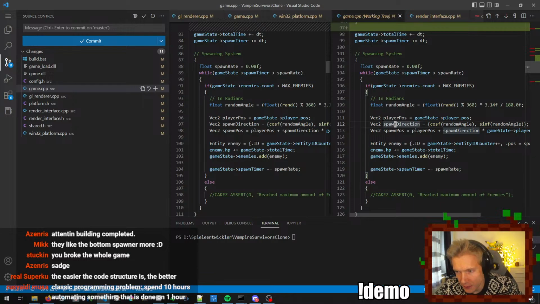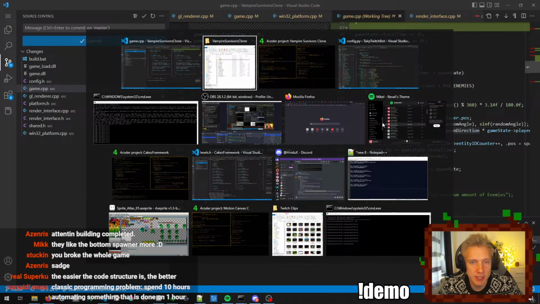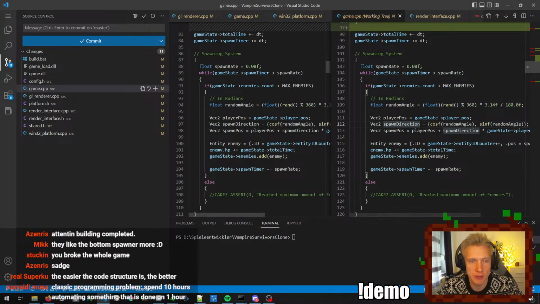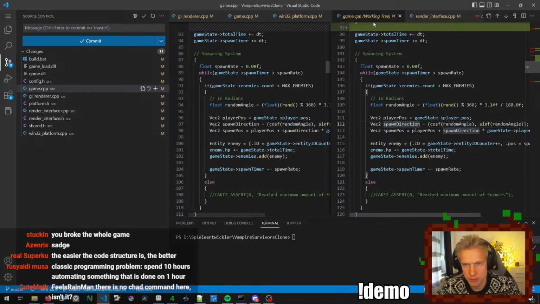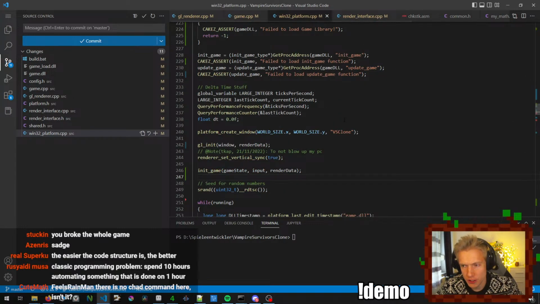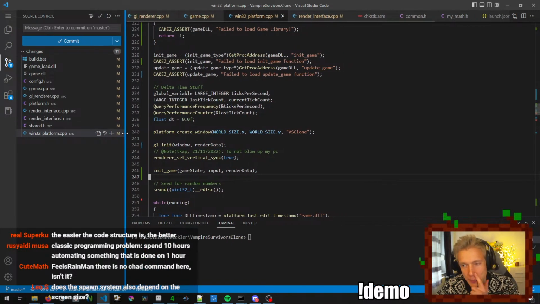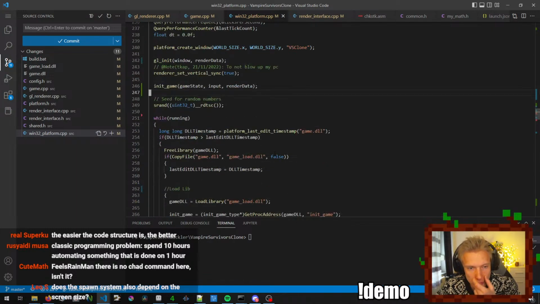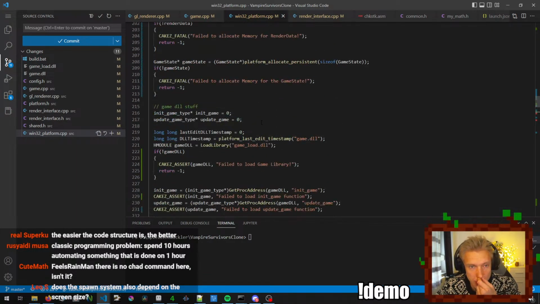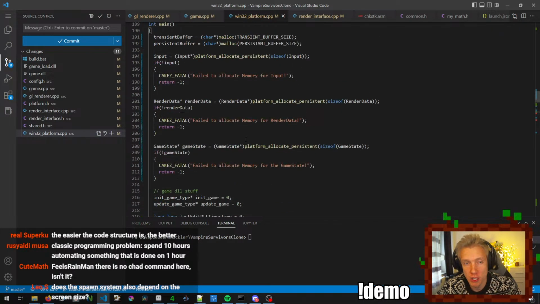Penthouse automating something that can be done in 1 hour. It's not automating something. I mean, it is a feature that is not bad to have. But here's Rain Man. There is no chat command here, isn't it? No chat. Does the spawn system also depend on the screen size? Yeah. It depends on the screen size. It depends actually where the player is. Depends on the player position. But we are